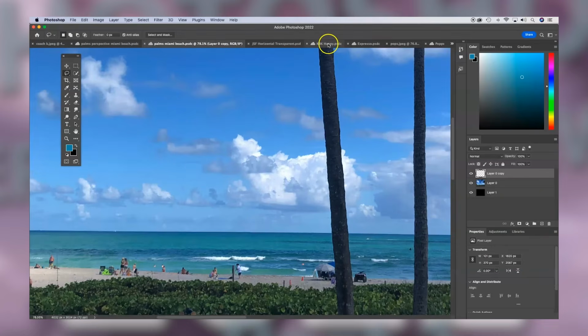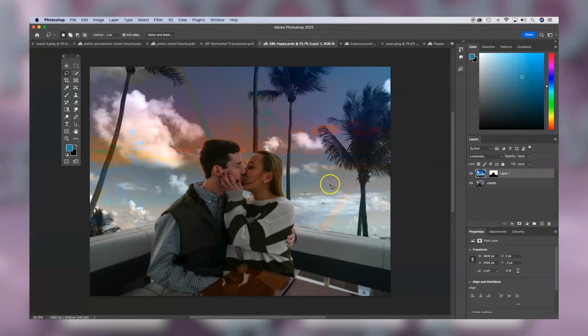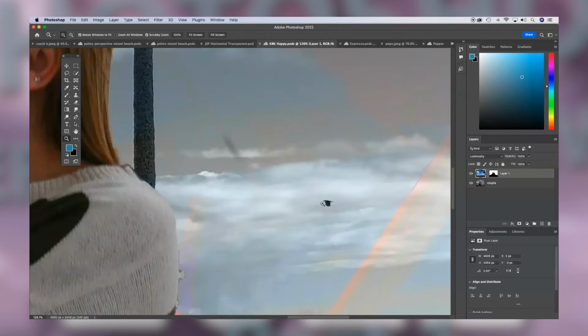Let's come back over to our happy couple. We can see that there's some sort of spot or something here in the background that's sort of a distraction. If we zoom in a little closer on that item, we see that it's actually a bird. However, it does look like a mistake in the photograph. So we are going to come up to our selection tools. As long as we are on the correct layer and we make a selection around that item,